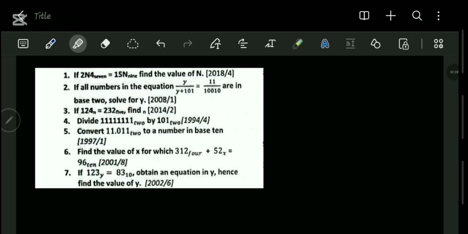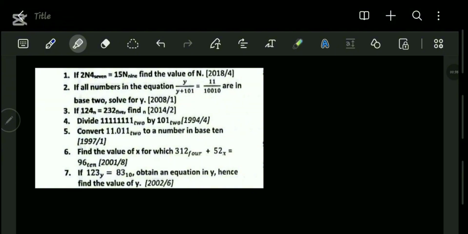In today's video we are going to be providing a solution to these questions we have before us here, and these questions are under a topic known as number base operation. For the past 1 month now, we've been discussing number-based operation. So we want to test our knowledge of what we've been learning so far. Now for question 1, we are asked that if